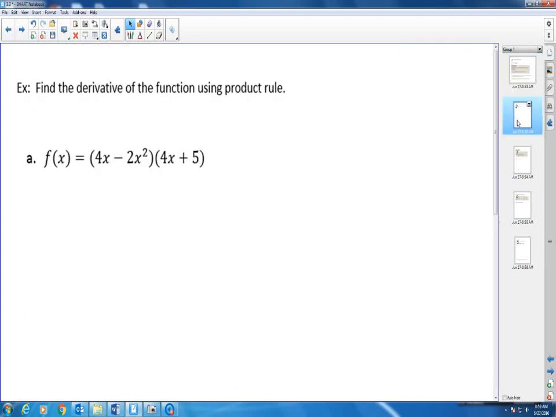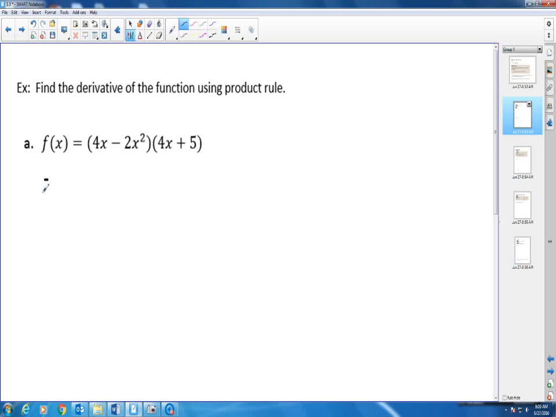Let's say I have my function f of x equals 4x minus 2x squared, times 4x plus 5. The first one, 4x minus 2x squared, is like the f earlier. The 4x plus 5 is like the g earlier. It's a product of two functions. So to find the derivative,